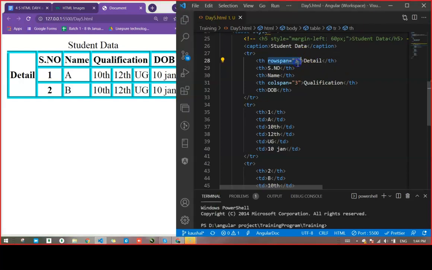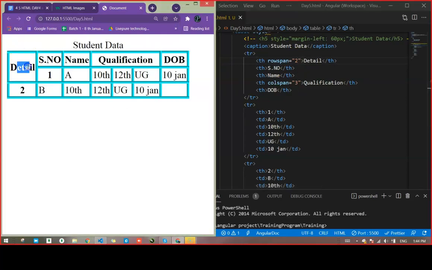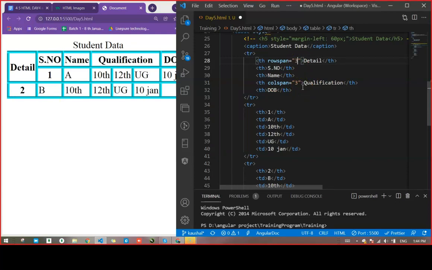Okay, rowspan, you want to. Just see what will happen. It went for 2 sections. Yeah, it is going to merge your 2 rows. See this data and this row, but what about this row? This is not the part of that. But here a space, due to this one, this has gone one more section itself, so the data got shifted to the left side. So when I increase this 2 to 3,